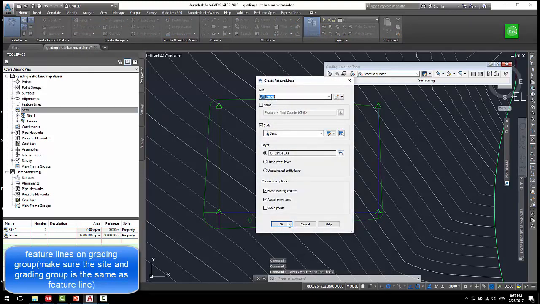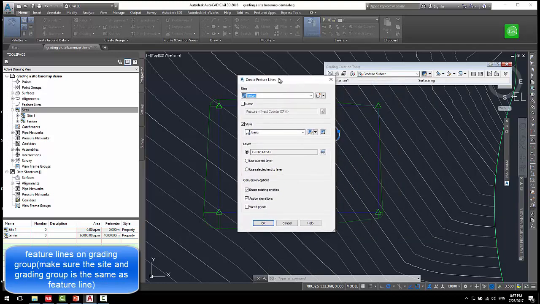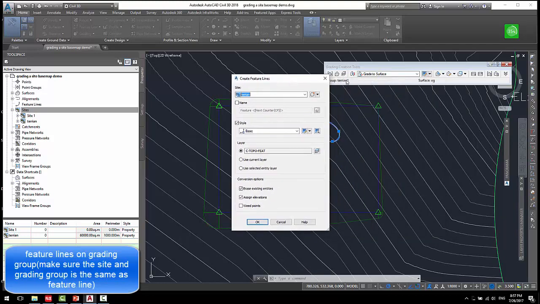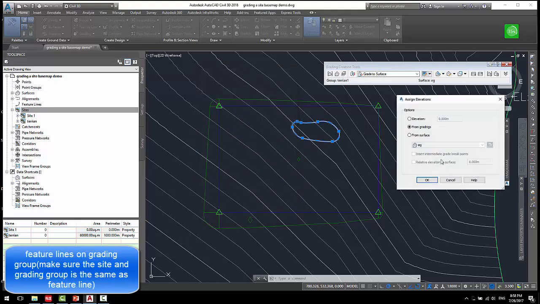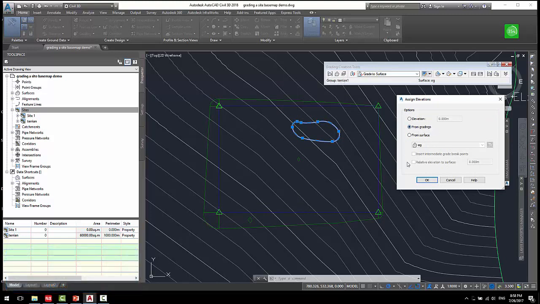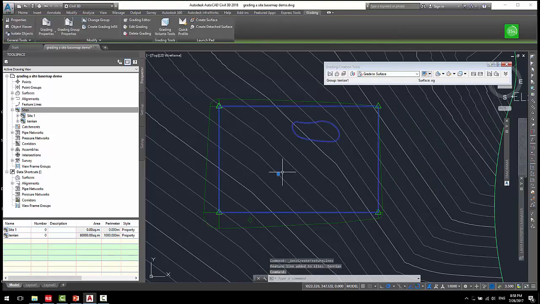Make sure it's Terrain, because we are in Terrain right now. Terrain 1 is the grading group, and Terrain 1 is in Terrain. So the grading group is in the site. Then click OK. It's usually from surface, and this time you want to use from gradings first, which is this grading group. You click OK, and then you will find out